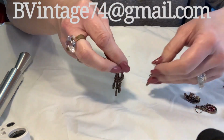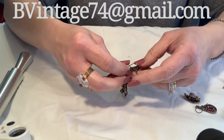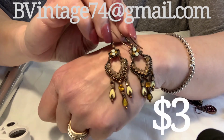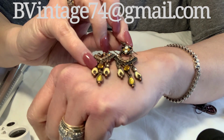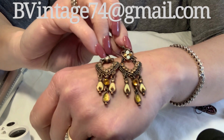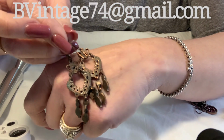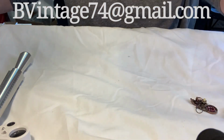Okay, these, love them. Love them, love them. Not marked. Nope, not marked. Chandelier earrings. I don't know what it is about chandelier earrings. I love them. Look at the colors. Amber colored rhinestones, of course. That almost matches that creamy color in that ring. And then some opal-y looking rhinestones up at the top. So pretty. And then they're this kind of brushed copper color. Bronze, you know, like that antiqued